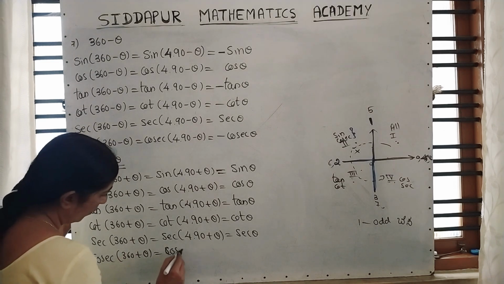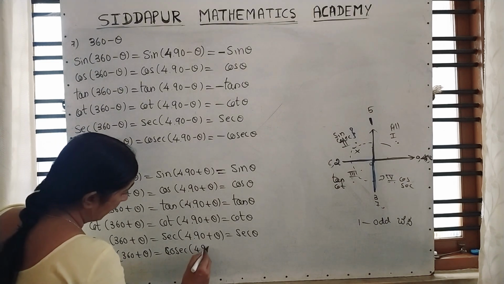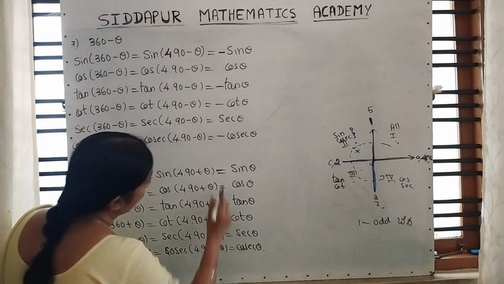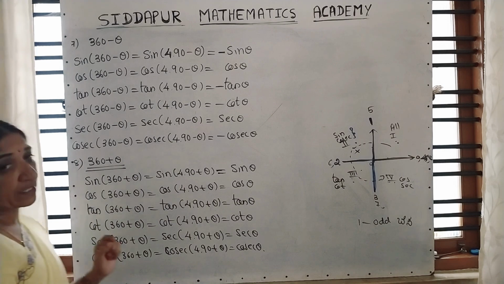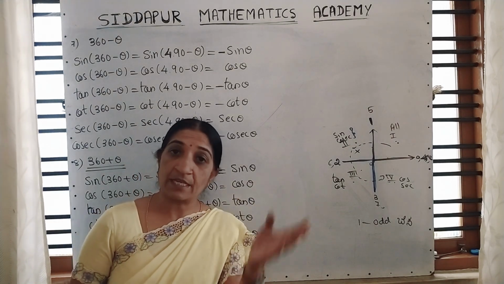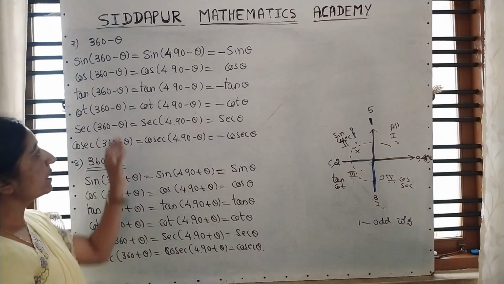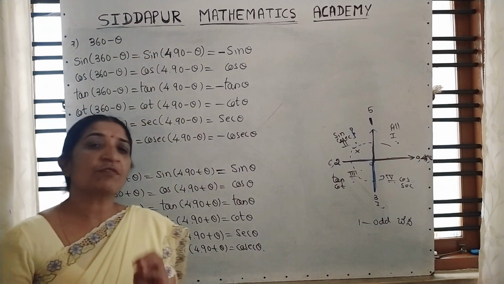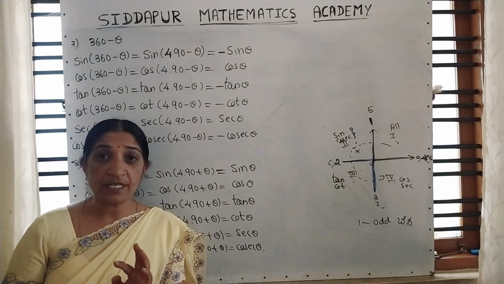If you are thorough in this, you can solve any problem on allied angles. That I will explain in the next class. First practice this. If you are thorough in this, I will explain the NCERT exercise. And students, please remember, if you convert in terms of 90s, the sums will be very simple. You will not make any mistakes there.